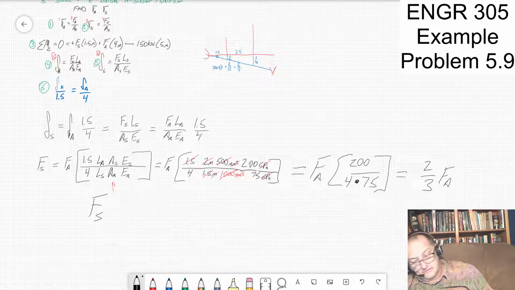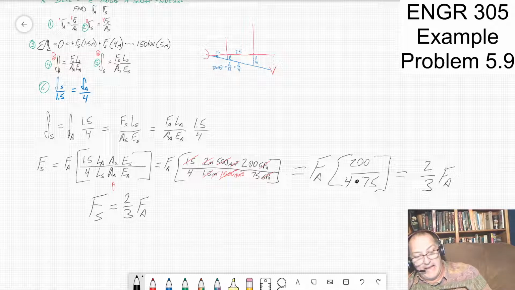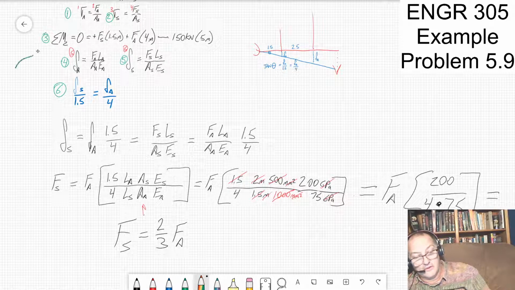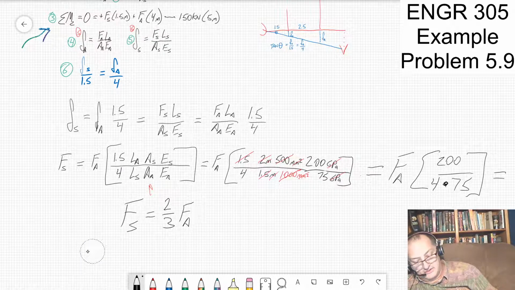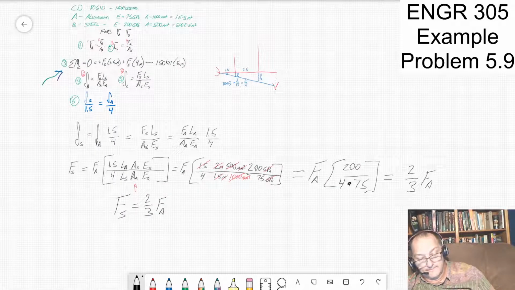Force in the steel is equal to 2/3 the force in the aluminum. Now I can substitute that back into what's at the top of the page there, equation 3. So now I have the force of the steel times, I want to substitute in. I know what the force of the steel is. So force of steel is equal to 2/3 the force in the aluminum